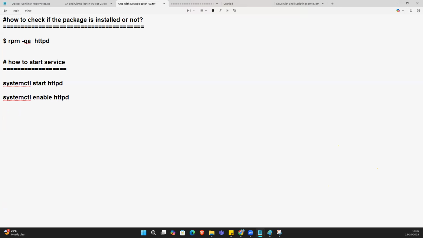And what you need to do is stop the firewall. Stop the firewalld service on Linux. So what is that, guys? systemctl stop firewalld service. Okay, once that is done, then you can